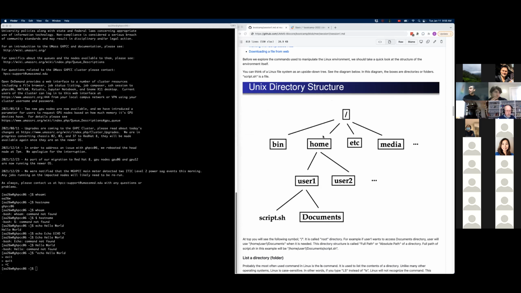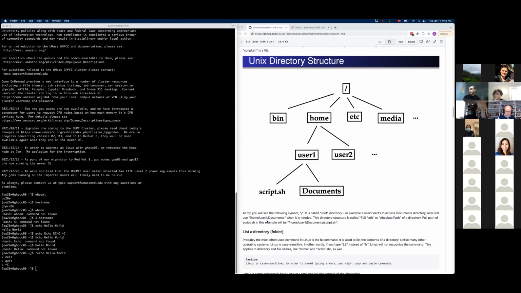And when we are referring to a file's location, we refer to it as its path. And the path always has a / between directory names and between directory and file names.